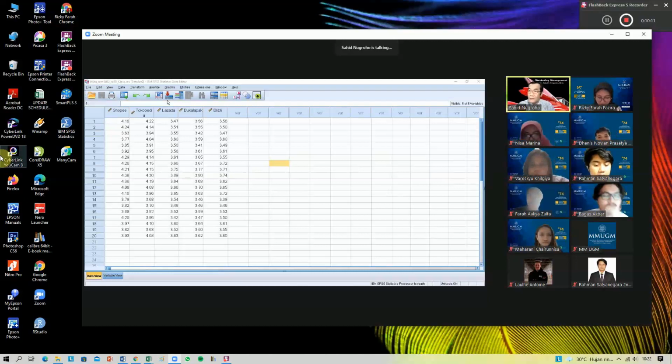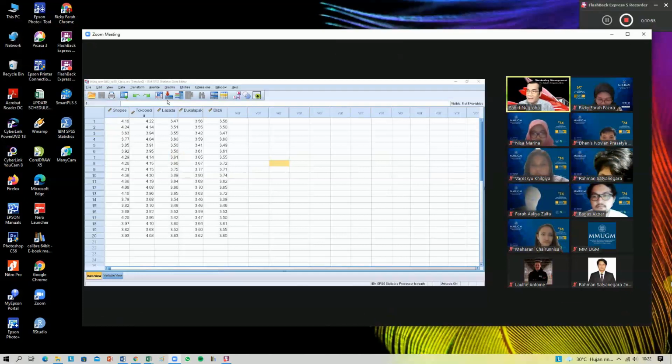Two things that you have to check first: table equal all in brackets 20 and 5. It means you analyze 20 attributes and 5 competing brands. So if you have a different case, for example, 30 attributes and 7 brands, then you have to change what you type to 30,7. This is the only text that you have to check first. The rest will be the same for all kinds of cases.